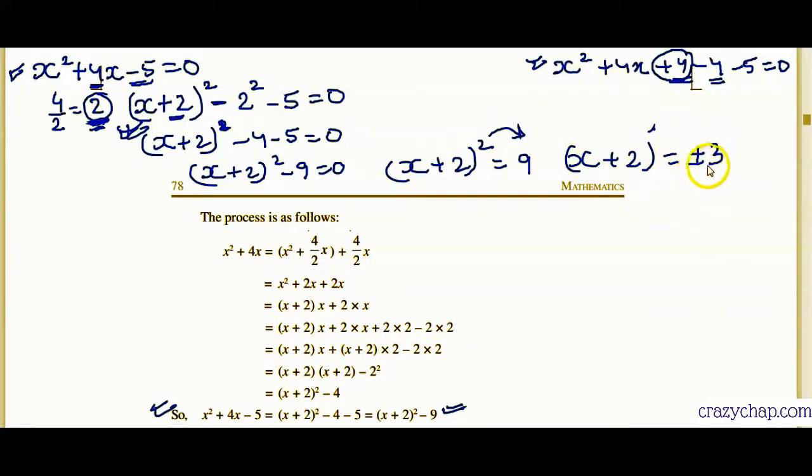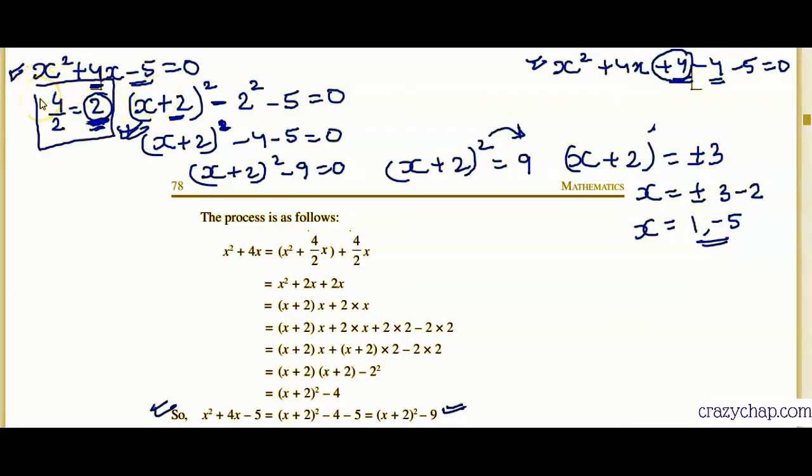So we get x plus 2 equal to square root of 9, which would be plus minus 3. That is very important, guys. It will not be only 3, it would be plus minus 3. So x will be equal to plus minus 3 minus 2. Taking positive 3 we get 1, and taking negative 3 we get negative 5. So we have got two values of x, 1 and minus 5. These two are the solutions for x, and we solved it using the completing square method, right? So I hope it is clear.